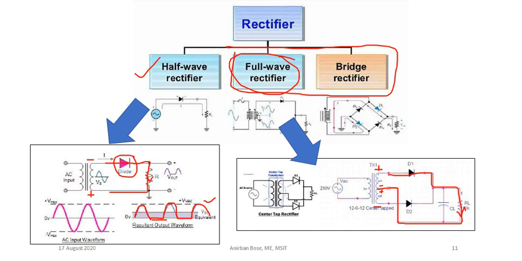The next half cycle, definitely the sign will change. If the sign changes, then what will happen? Suppose at that time this will become negative, this part will become positive, this part will become negative, and this part will become positive. Now you see this is negative, that is why this diode is in reverse bias. Okay, but this is positive, so this diode is now in forward bias.